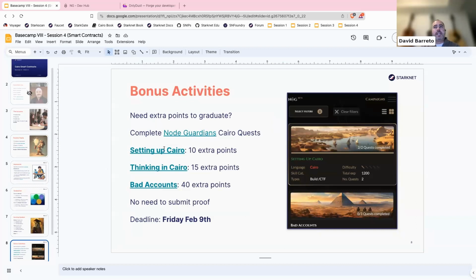So if you solve the Setting up Cairo quest, which is the easiest one, you get 10 extra points. If you solve Thinking in Cairo, you get 15. If you solve Bad Accounts, you get 40 extra points, right? Again, you don't have to submit any proof in this case, as in the case of the homework, because